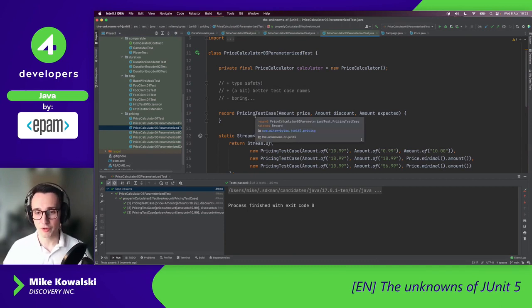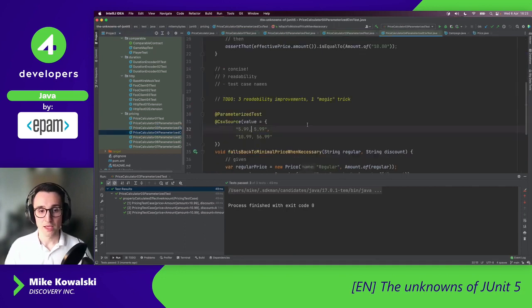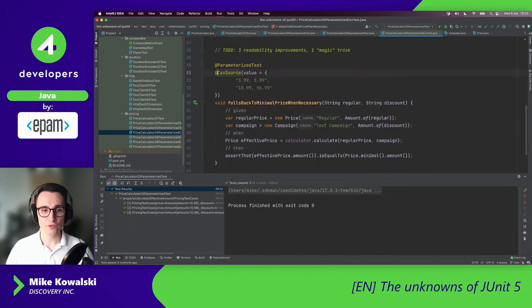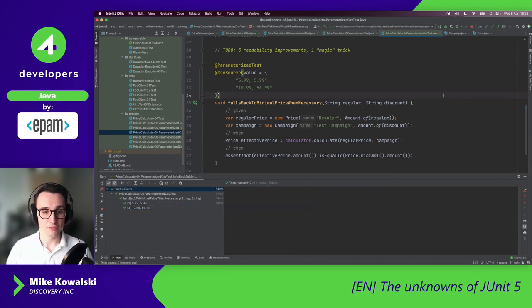So let me show you a very different way of writing such a parameterized test. Instead of providing a method, we could use a feature called CSV source. And with CSV source, we are expected to provide the test input as comma-separated values. So in this case, each line is representing a separate test case where those values are actually the values of the arguments that we are expecting, separated by a comma. Surprise, surprise. Now, the nice thing about this approach is that we don't need a dedicated method anymore. We don't need this dedicated type,